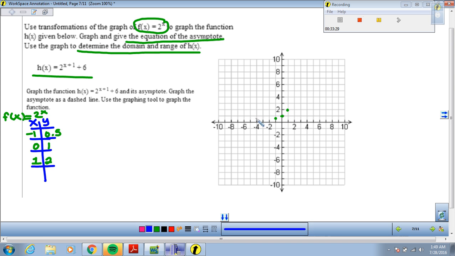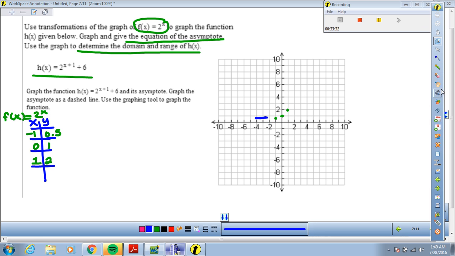Okay, so here we're gonna have our first exponential function. And let me redo the points. It was 1 right here, 0, 1, and 1, 2. So now doing transformations, okay? I'm gonna go step by step. The first thing that I'm going to do is